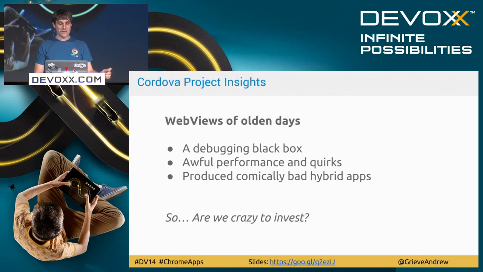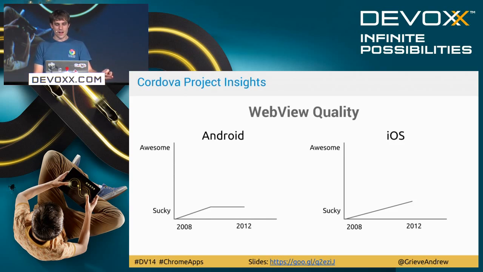So how did this WebView get this reputation? Well, for a long time, it was a debugging black box. It had no remote inspector, no dev tools, awful performance and quirks, and it was definitely a victim of Android fragmentation, with every single Android kind of tweaking the code of the WebView a little bit, and has in the past produced some comedically bad hybrid applications. So the question here is, are we crazy to be investing in this kind of a platform? Maybe at one point the answer is yes, but